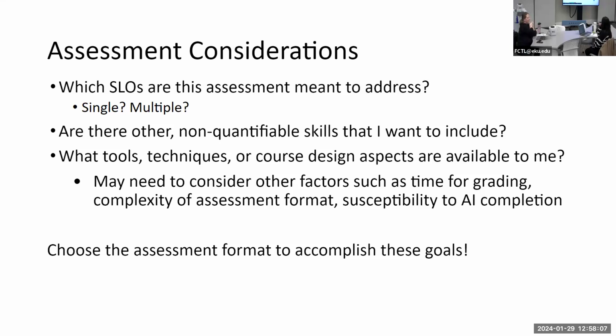On the flip side of all that, I also have to think about time for grading and class size scale, right? What I can do with my class of 14 is different than what I can do with my class of 60. I can't do video discussion boards with a class of 60. I tried it one time because I thought it was a brilliant idea and it was horrible. So, learning as you go of where this should be